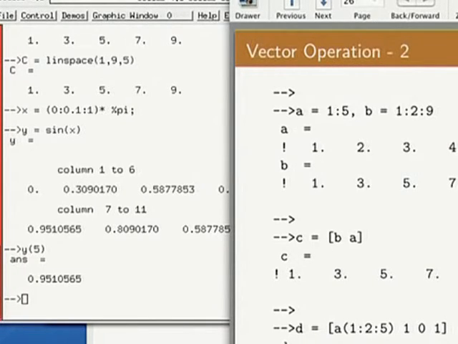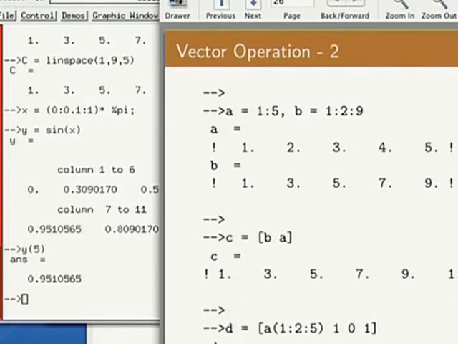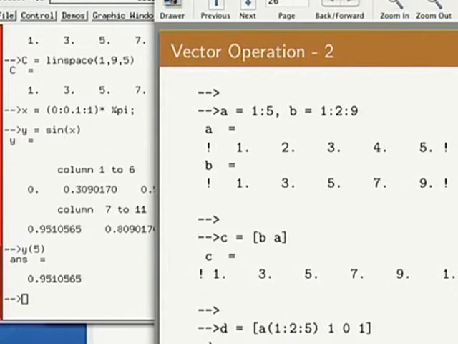Now it is possible to do things like, let me put B and A together, creating a longer vector. So I say open bracket B, A. B is put first, and then A is put on. It's as if we are writing mathematics. But imagine doing this in C or Fortran. You'll have to open an array, type it, dimension it, and then put all of them in one by one. The next one has several actually very nice features.